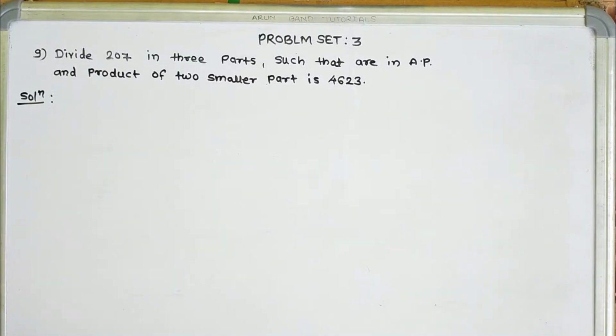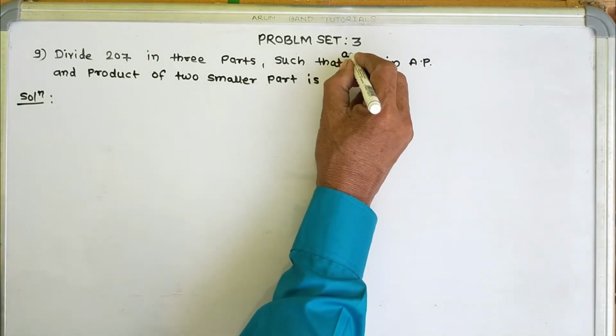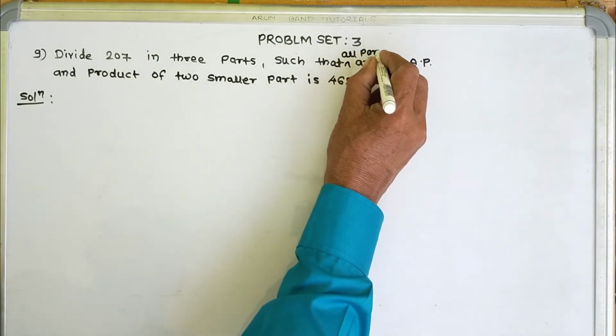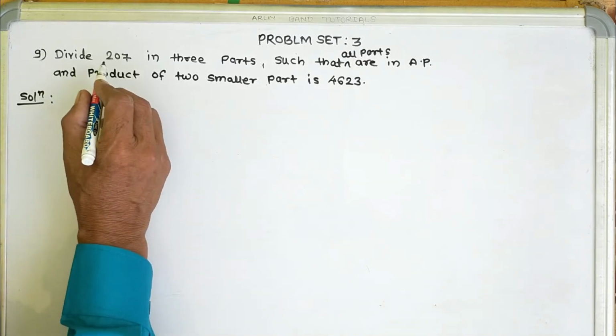Here in example 9 we have given: divide 207 in 3 parts such that all parts are in arithmetic progression and product of two smaller parts is 4623. तर आपल्याला काय करायचं इथं 207